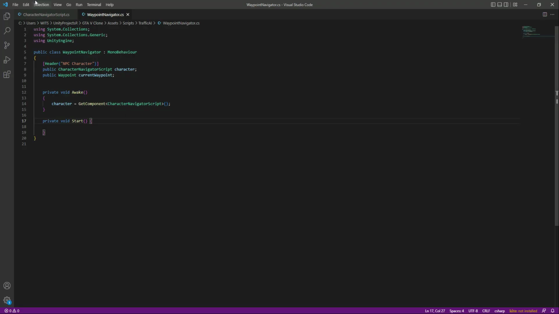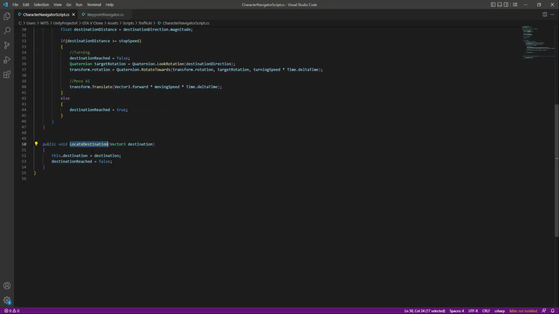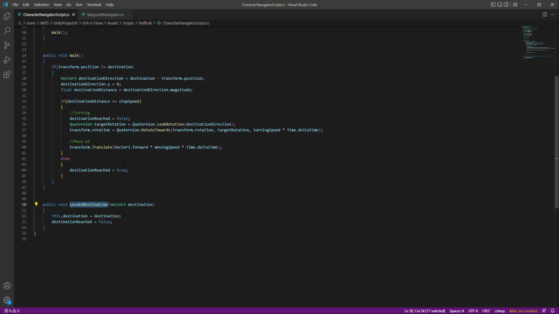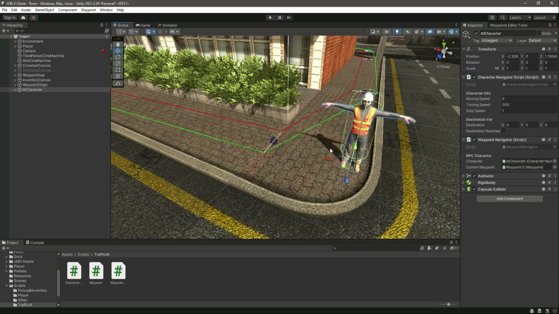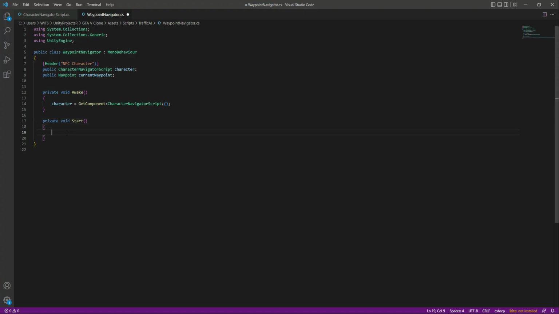And as you know, right here we say that if the destination is reached, then we will assign the next destination to our AI character. So in this way, this waypoint will keep changing whenever this AI character reaches one of the waypoints. So let me now put the AI character a little bit away from the waypoint, and now let's assign, as I told you, the current waypoint to the